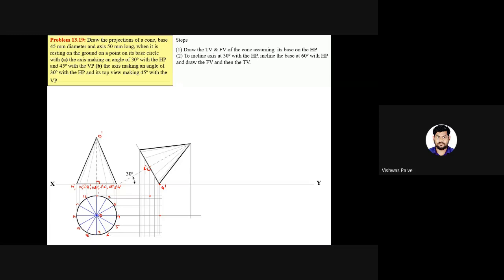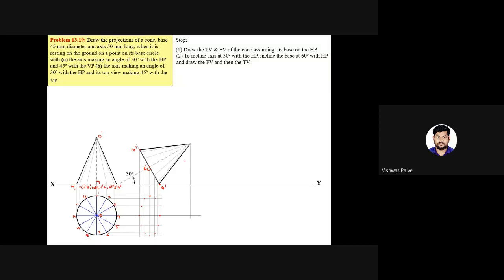Similarly, let us concentrate on point 10. I'm not going to consider each and every point, only the salient points. But while drawing, you have to take the projection of each and every point. Take a vertical projection of point 10, horizontal projection of point 10. This is the point. Similarly, 7 horizontal, 7 vertical. Wherever the intersection points are, you have to track those points, and you will get a set of points. With the help of a French curve, you have to connect them.